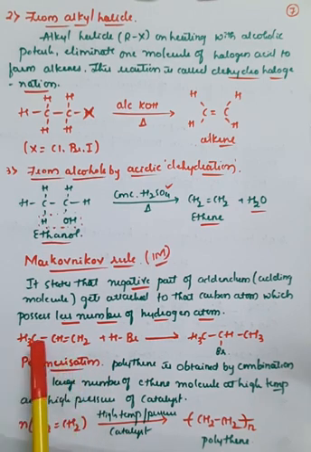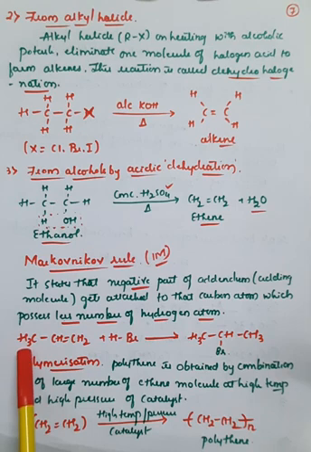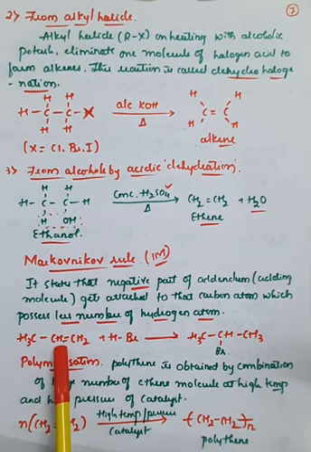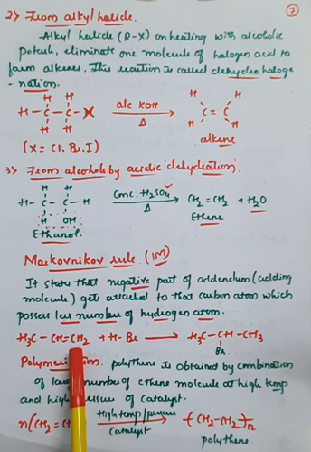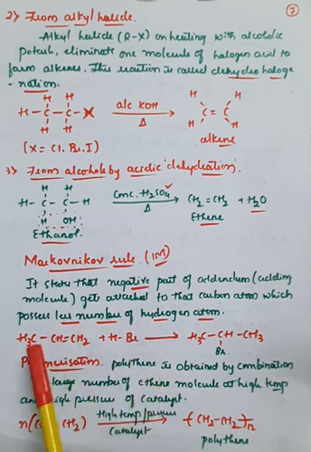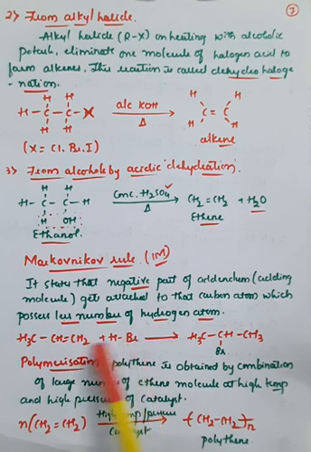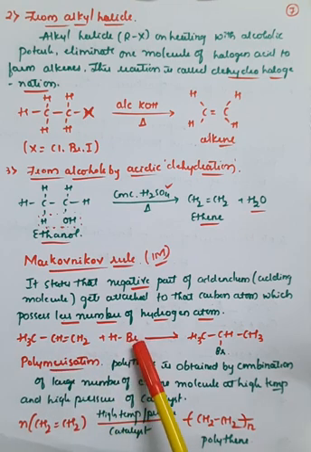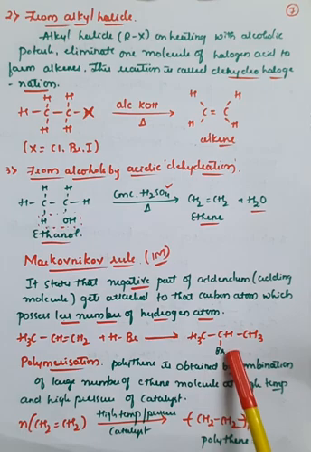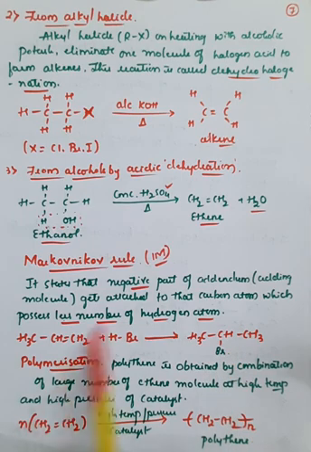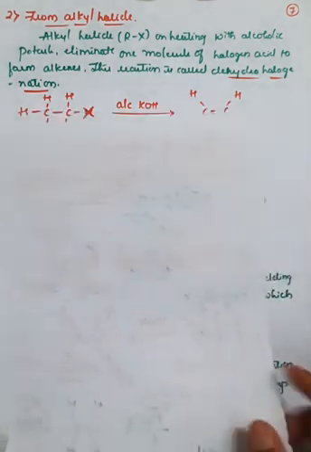So here if you observe, the first carbon has 3 hydrogen atoms, the second carbon has only 1 hydrogen atom, and the third carbon has 2 hydrogen atoms. Therefore this negative part attaches to the carbon atom which has the least number of hydrogen atoms. Out of the 3, the middle carbon, or the second carbon, has the least. So this bromine, or this negative part, will attach to the second carbon atom. That rule is called Markovnikov's rule, right?